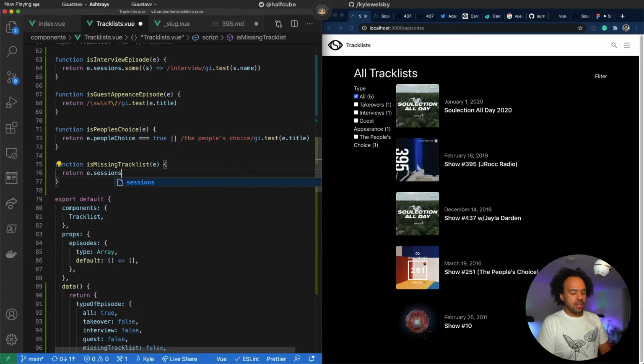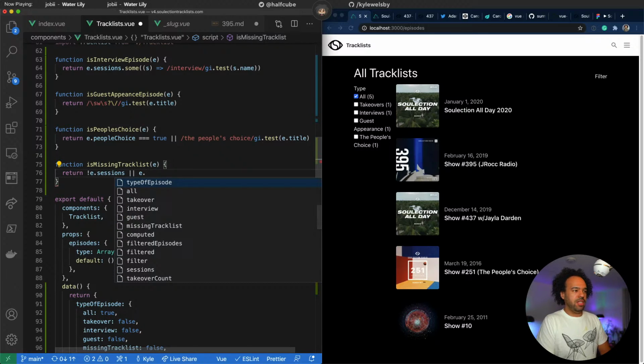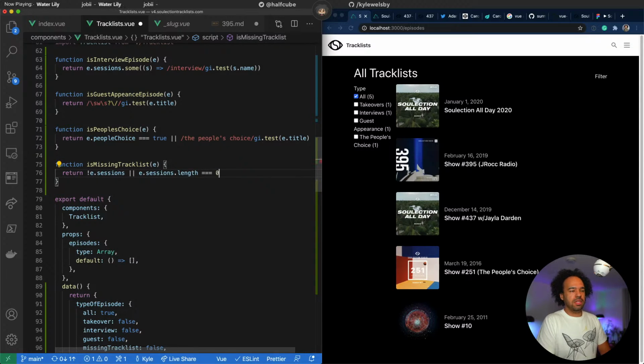There's a few different ways where sessions could be an array, but if it doesn't have sessions for start, then it's missing track list. Or if there is sessions, length equals 0.